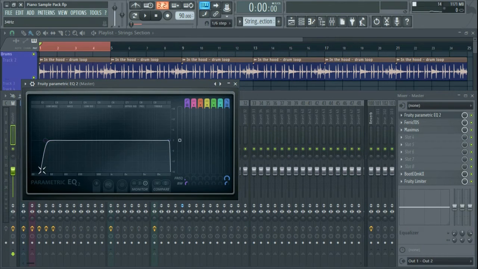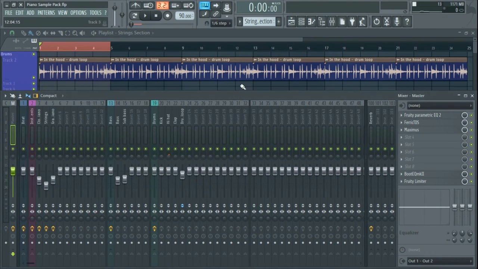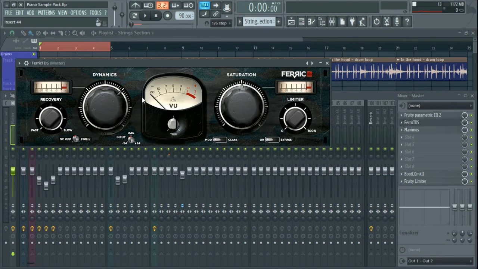I usually put it around 40, just to cut the frequencies below 40, and also here at 19 or 18. This is just a precaution, so that my spectrum is contained between 40 and 18 or 19 kilohertz. And then what I did was to add some compression and saturation